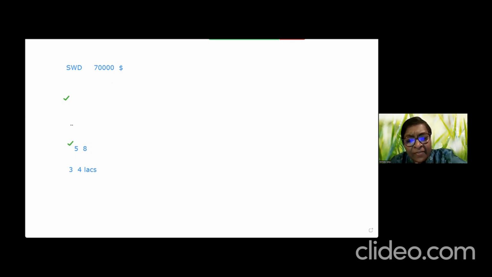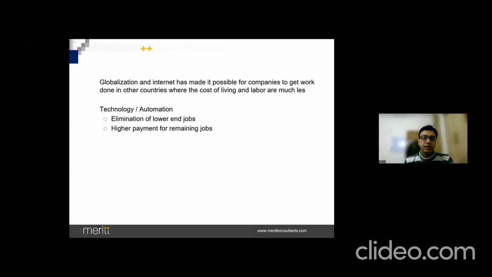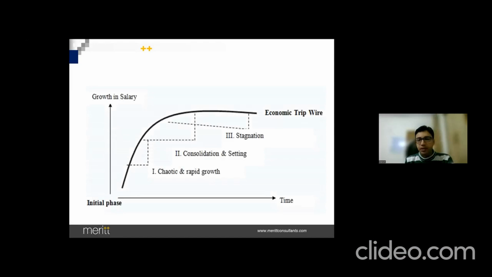And still, if there is a shortage of supply and the demand is going up, you might at best increase it to 8 to 10 lakhs. But there is a point after which you will say, hey, I cannot really increase the salary of this software developer. Why do you think so? Any clue? After a certain point, if it is getting expensive, then we might procure it from some other company.